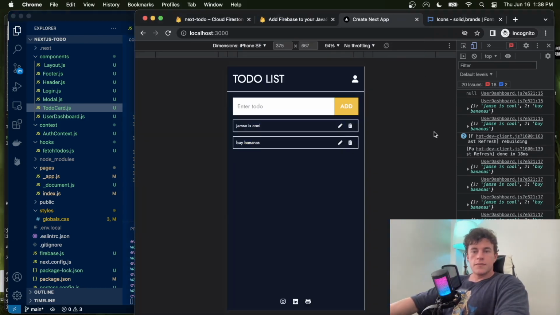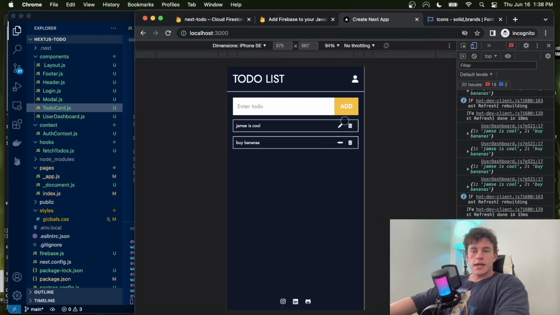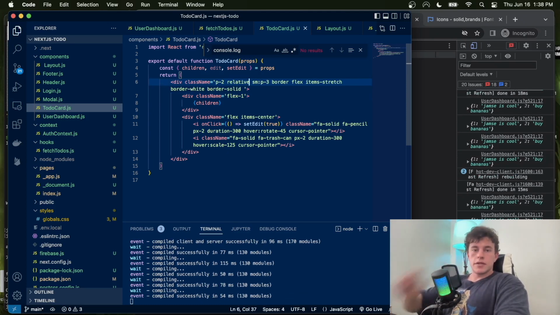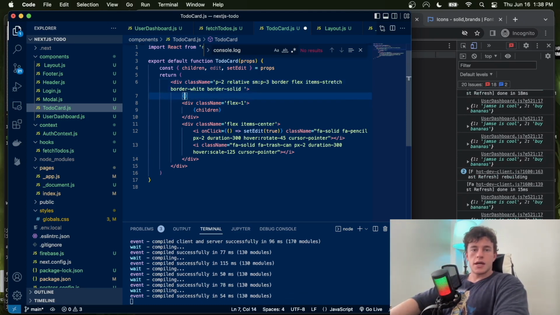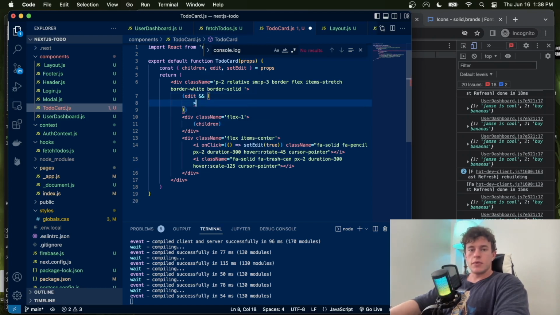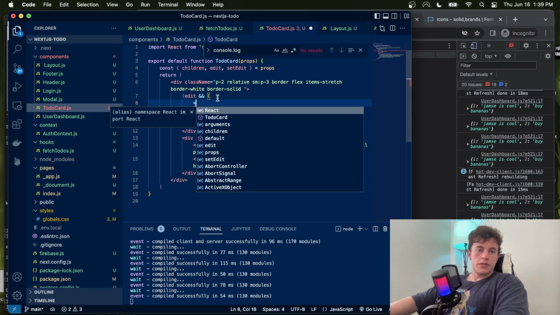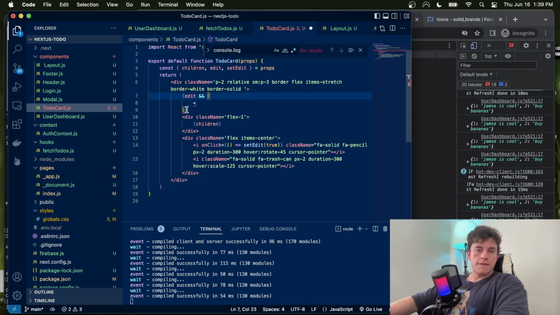And now when I click that, it will set edit to true. But what we actually want to do is make this whole thing relative. And what we're going to have up here is just edit. And we're going to have a special div that when it's true, well, actually, even better, what we could do is we could just say,